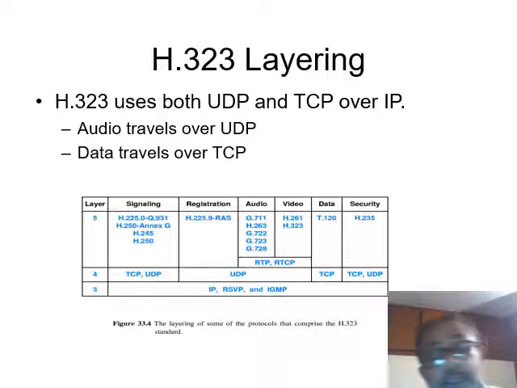I would like you to refer to table number 12.1 given on page 486 of the book also, in which you can see how we can have different codecs, and how those codecs are handled in an IP network. For example, the basic format is G.711, which is shown here on top also. In this case,